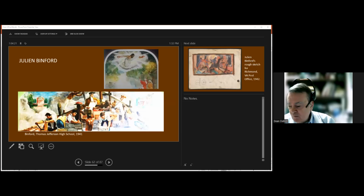This is one of the painters, one of the artists was Julian Binford, and he often focused on rural African American life. And one of his first commissions was a mural of Jesus over the River Jordan for Shiloh Baptist Church, which he did in return for payment of chicken, corn, potatoes, and beef. But to earn real money, he signed up to decorate WPA